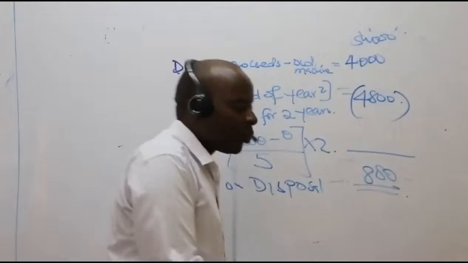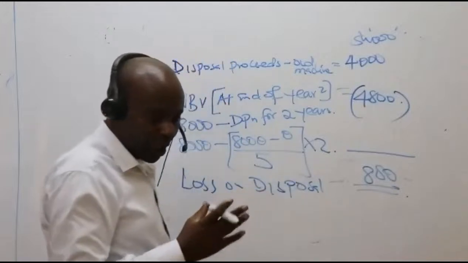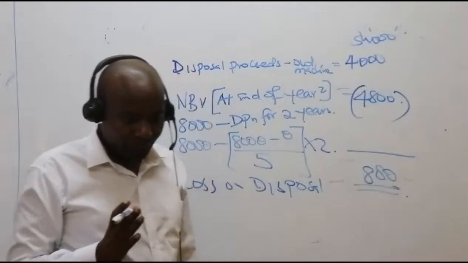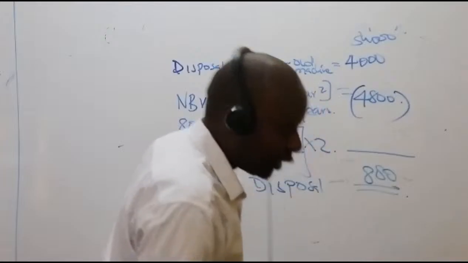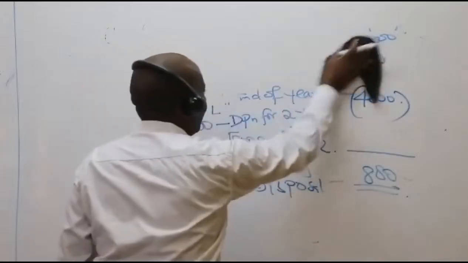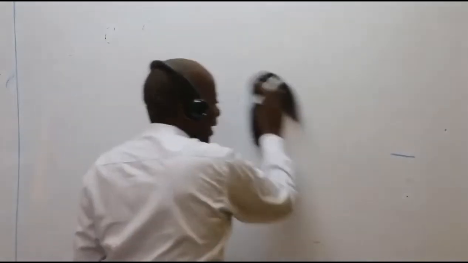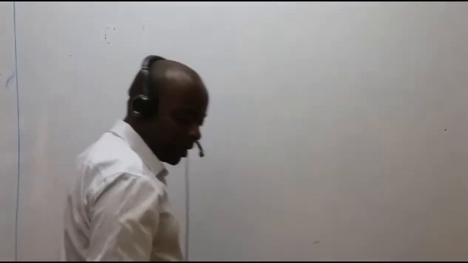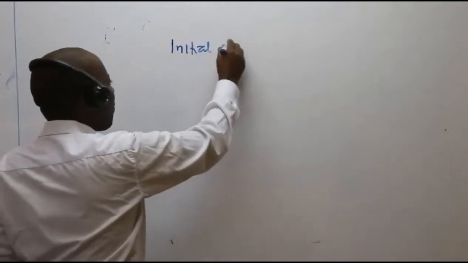So in this case, what do we have? 800, which is a loss on what here? On disposal. A loss on disposal. Great. So after I get that, now I'll be able to give you the initial outlay very easily. Once I get the loss on disposal, I'll be able to give you the initial outlay very easily. So initial outlay,